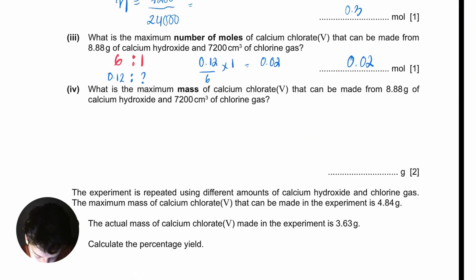Okay. What is the maximum mass of calcium chloride that can be made from this? So you figured out the moles. Now it's a simple process of figuring out the mass. So the mass is going to be the moles of calcium chlorate 5 times the MR of calcium chlorate 5. The moles are 0.02 and the MR,